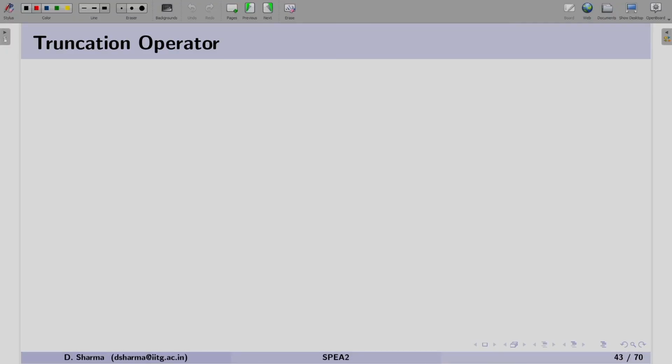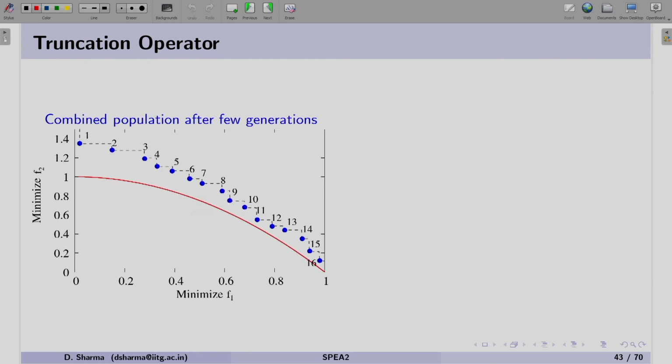So, as a representation, we have taken one more example in order to understand case 3, when the number of non-dominated solutions is more than the archive size. We can see from the slide that we will be understanding the truncation operator for case 3.